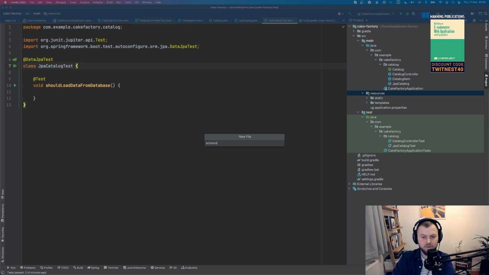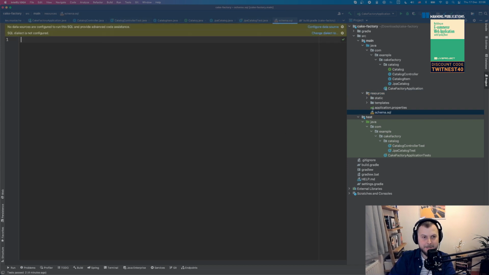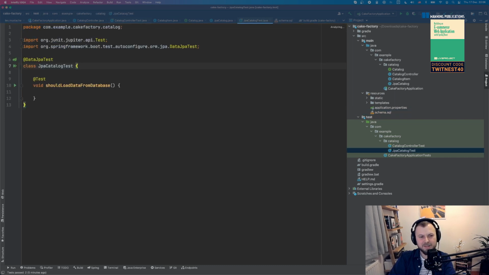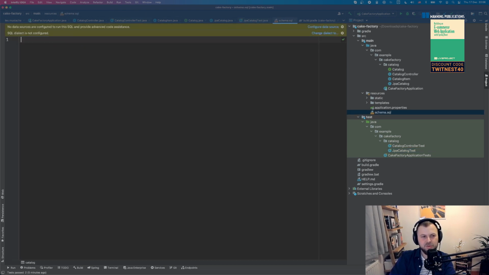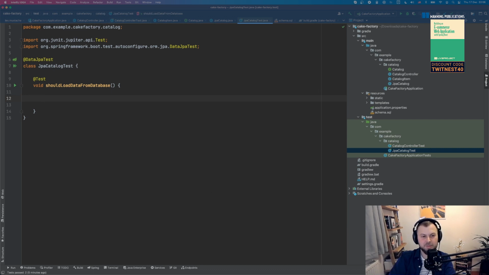So if I create a file called schema.sql, and then I can define my schema, let's say I want to create a table, and this table is going to be called catalog, let's call it, right? And I'm going to have an ID. That's an interesting one. Normally I wouldn't start from creating a schema in a database. I would probably ask my tests what it should be. And maybe we should do that really. As I said, let's not step away from the best practices, even if it's short on time. Let's spend another 5 minutes on that.